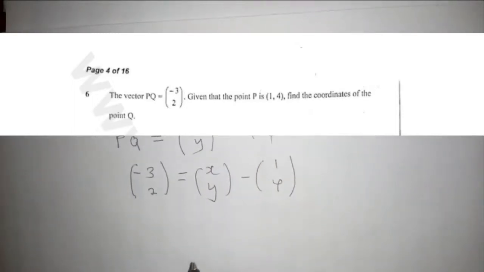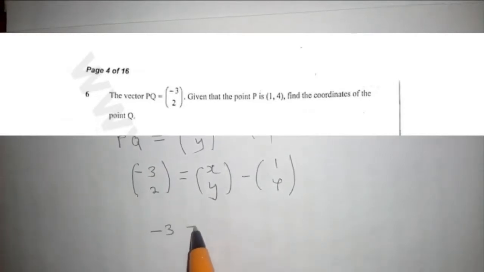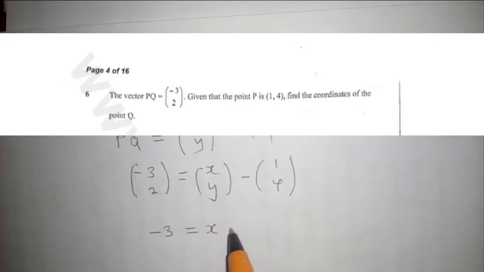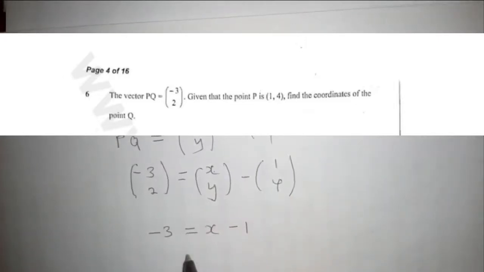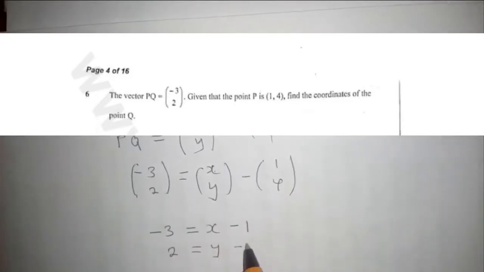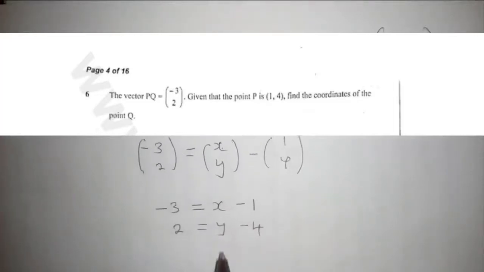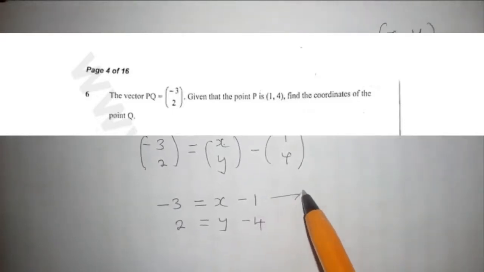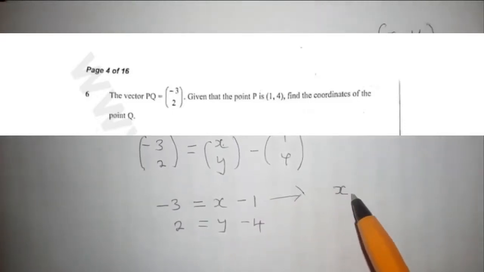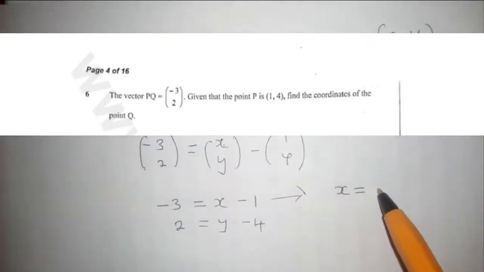So we see what is going on here. Now we can form equations. We'll say negative 3 is equal to X minus 1. And another one will be 2 is equal to Y minus 4. Now we can solve these equations by grouping the like terms. We start with this one. We have X is equal to